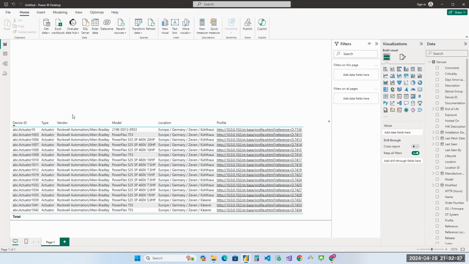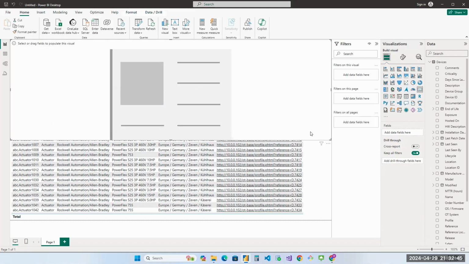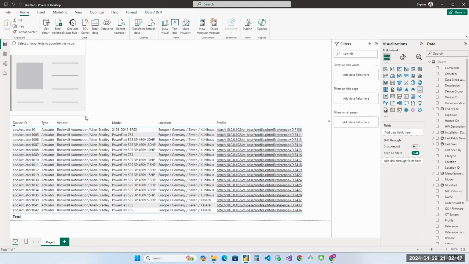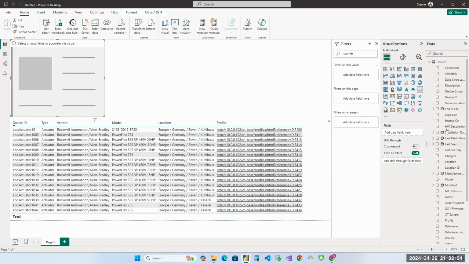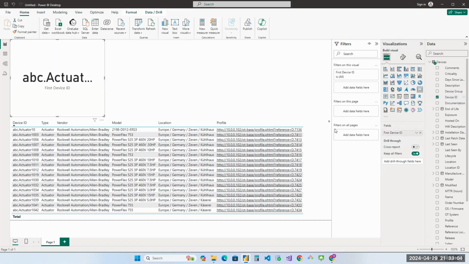So let's say we want to do a count first of all. I like to do a count. Let's do that. We do not need a count that big. Okay, we're going to do a count of device IDs. That'll be our baseline big number for this particular chart. So we'll drag the device ID into the fields pane here. We want to click the drop down, and then we're going to do count distinct. Great. So we have 5,021